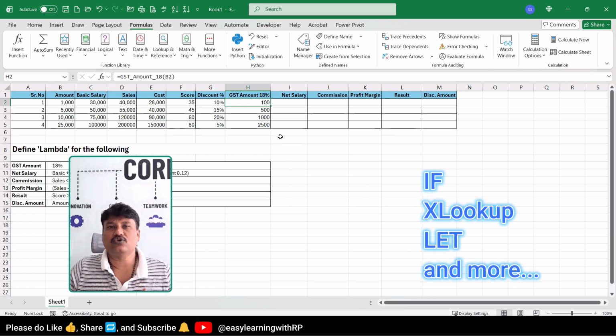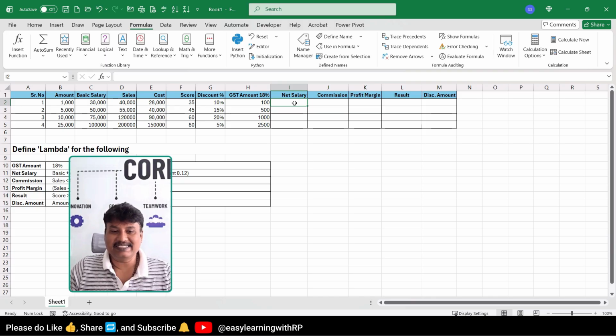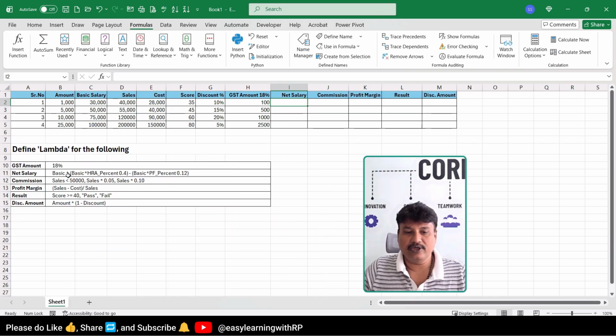You can use it as complex as you require. You can use IF conditions, you can use XLOOKUP, you can also apply it with a range array over here. Let me go with the example of a salary kind of thing, where we are just going to create a basic salary with these three values.